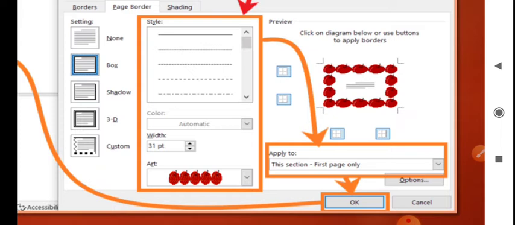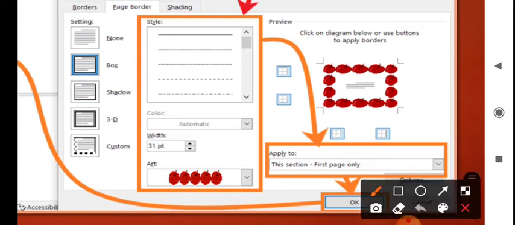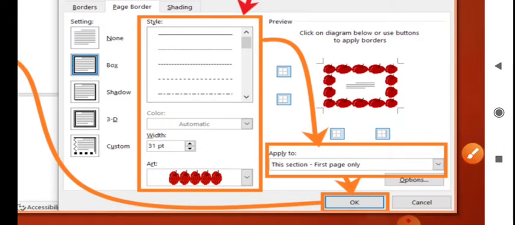Or you can give the simple line also, or you can select the style of line also with the help of the color. If you are giving the line style, you can change the color of the line style also, and the width also of your line. See width, you can change it from here.